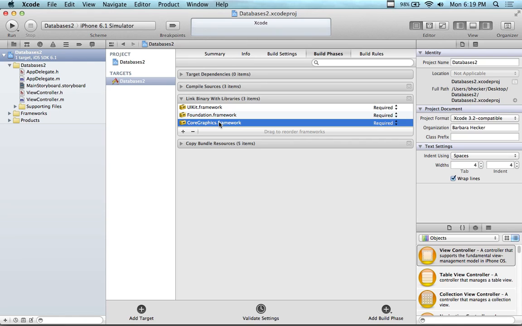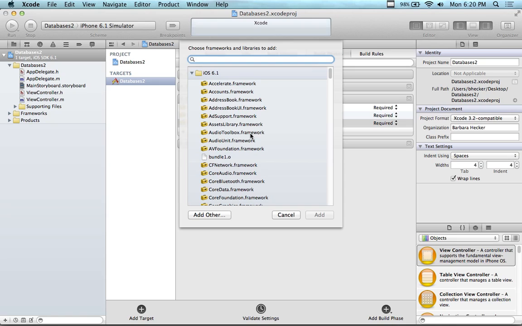We can put in different graphic packages if we want to do gaming stuff, different objects. We have OpenGL, a different framework to build shapes and things and scenes and stuff. If we press on the plus, what we want is LIB. So if I start typing in LIB,